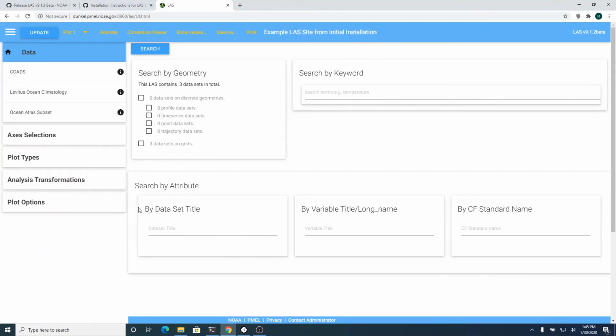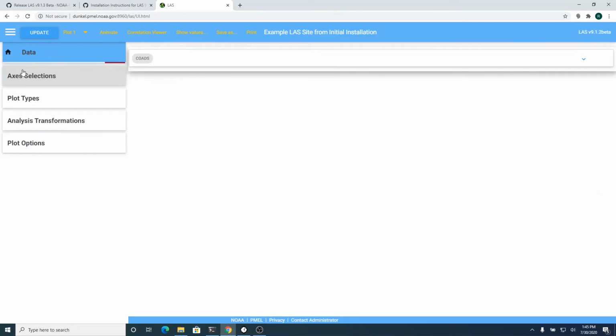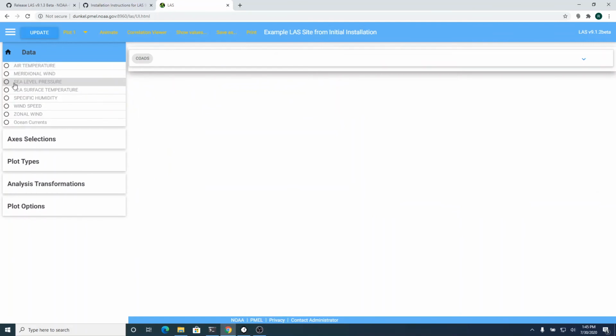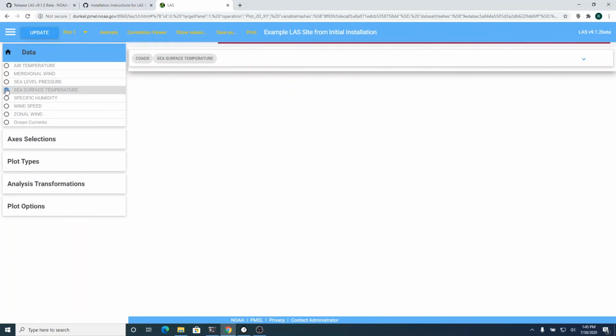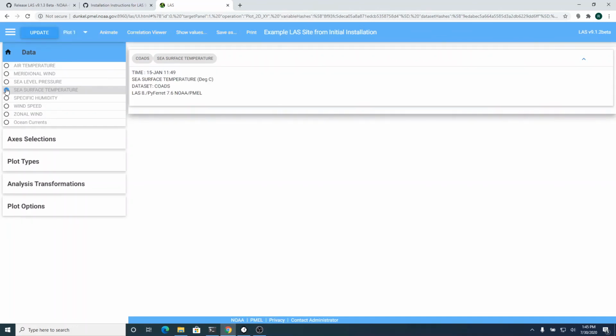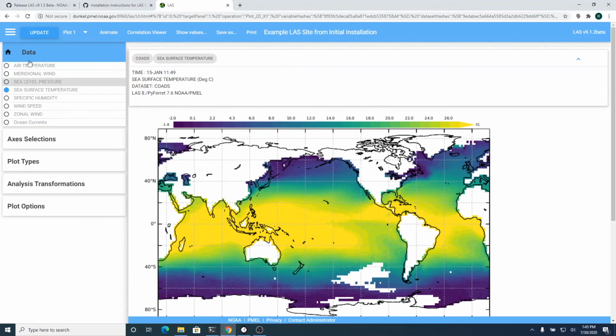When LAS loads up, by default, it's got 3 data sets in it. You should be able to drop down into one of them. You should be able to make a plot right away, to let you know that you got everything configured correctly as far as PyFerret is concerned.